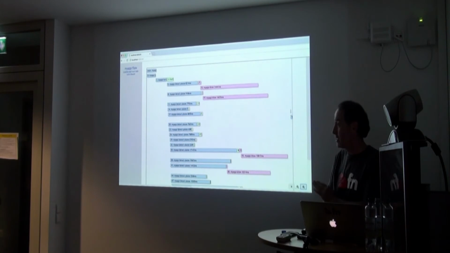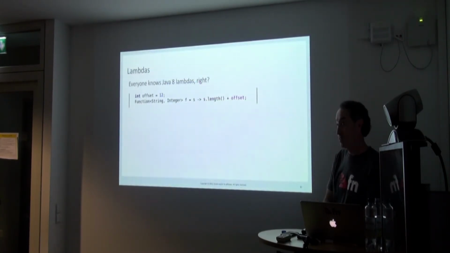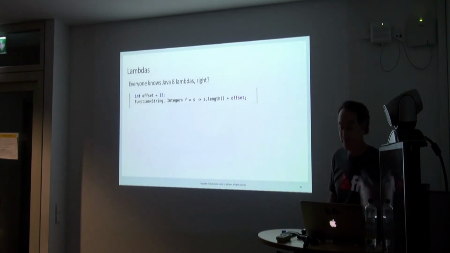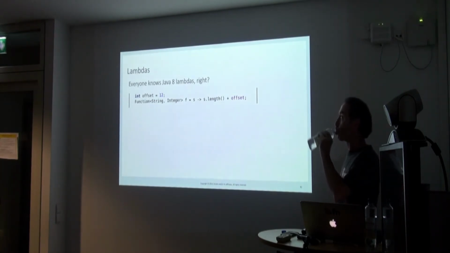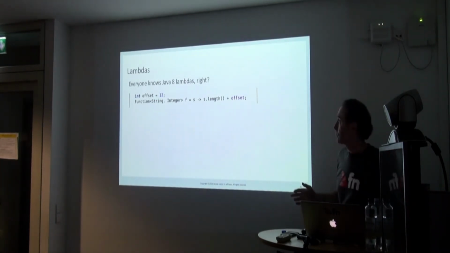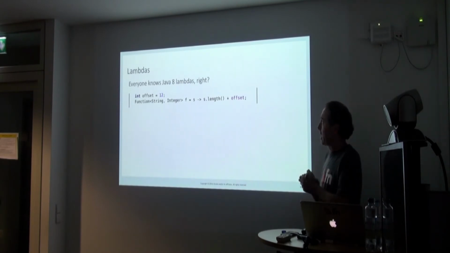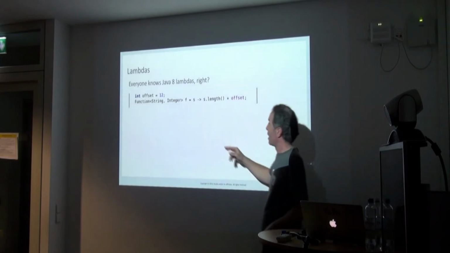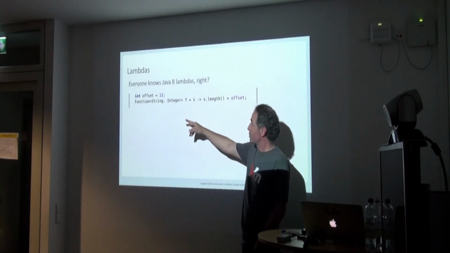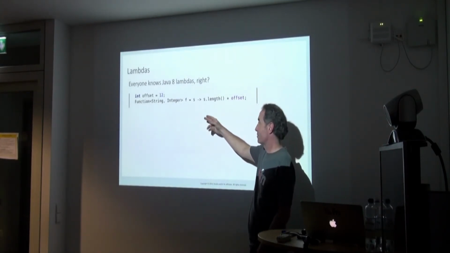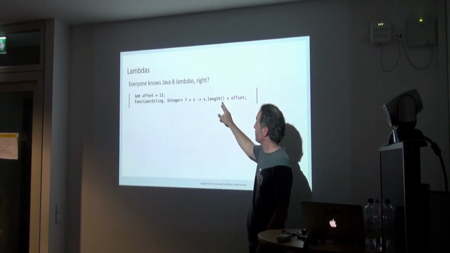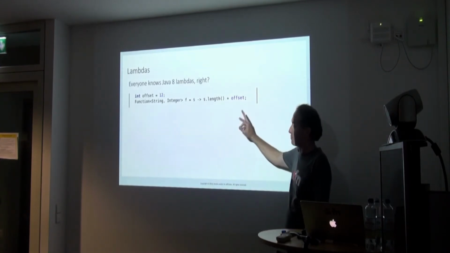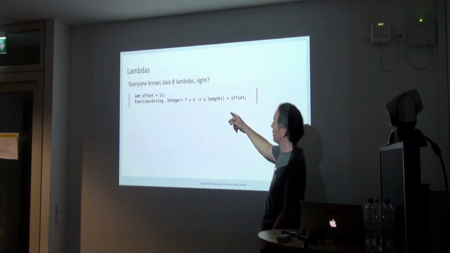So that's the control part. There's some really interesting subtle stuff going on here that I really want to point out to you. So, Java 8 functions, you've all seen these, right? We have a lambda expression, lambdas. A simple function here takes a string and returns a string, right? Takes a string and returns an integer.